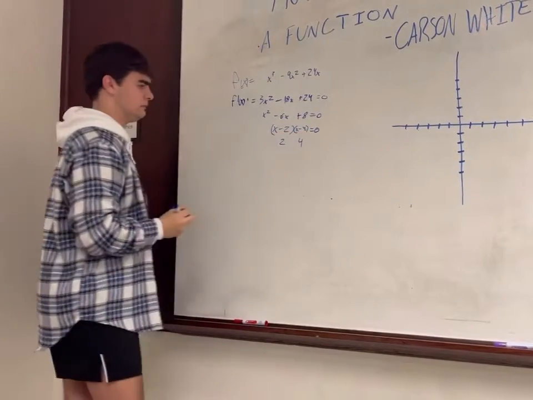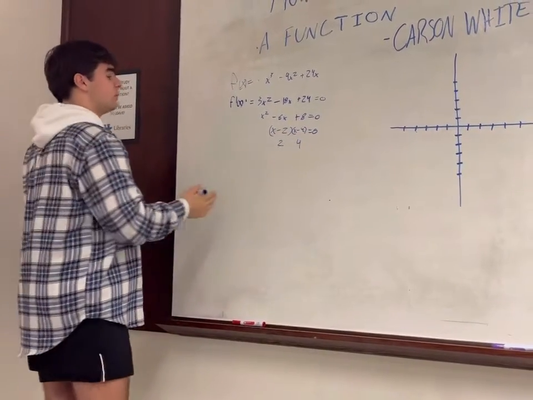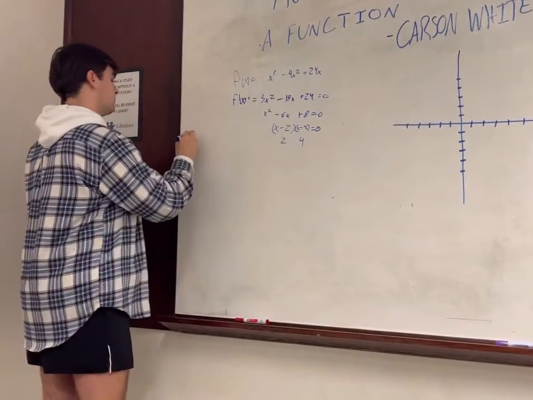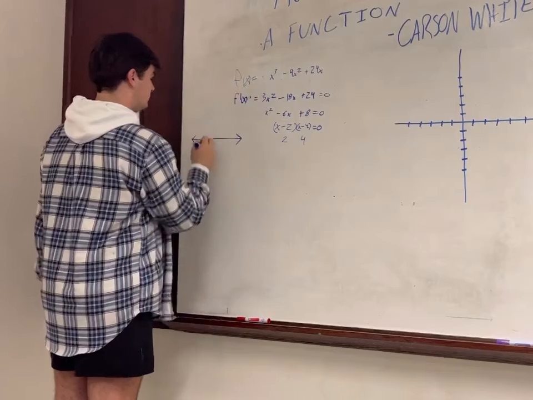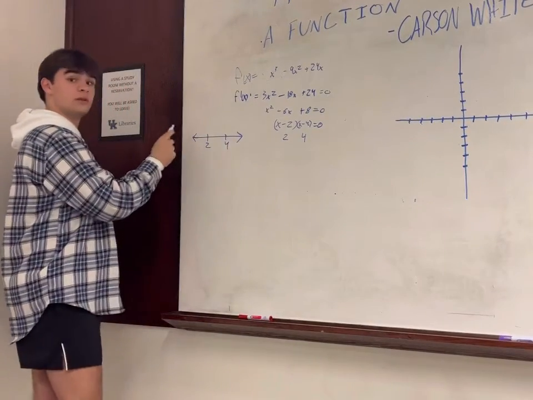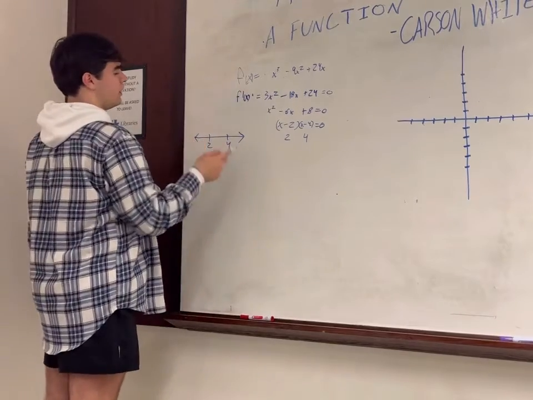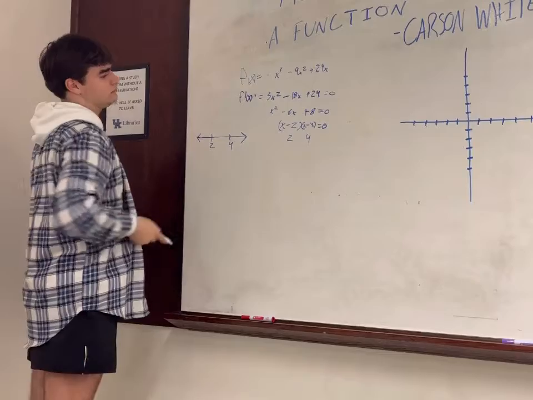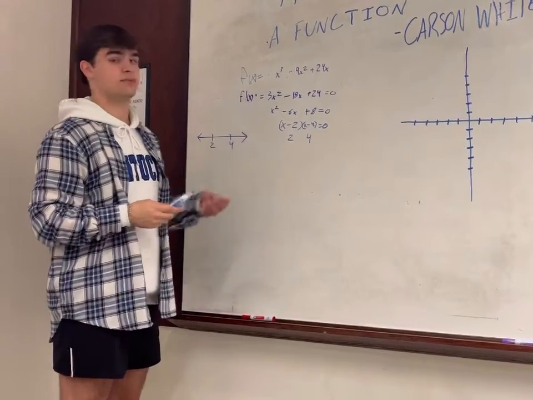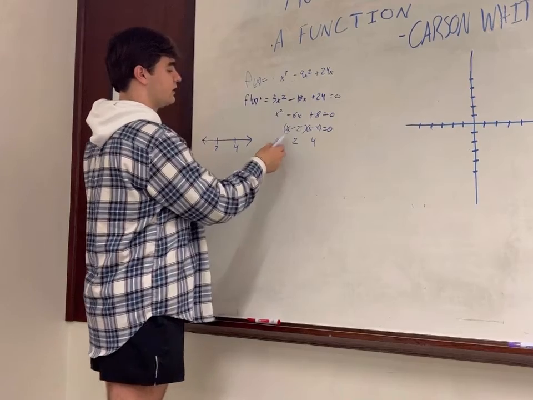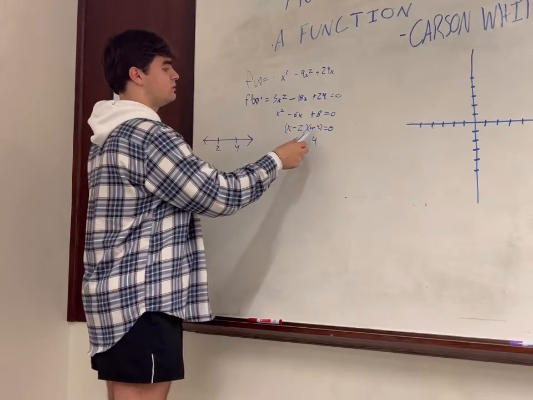and 4. So to find whether these are local minimums or local maximums, we're going to use a number line and plot both our numbers. And we're going to choose numbers that are below or above each of our critical numbers. So let's plug 1 in to this function here, and let's see if we get a positive or a negative number. So if we put 1 in here, it's going to give us -1, and this will give us -3,